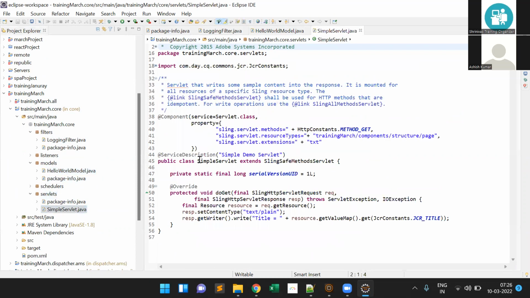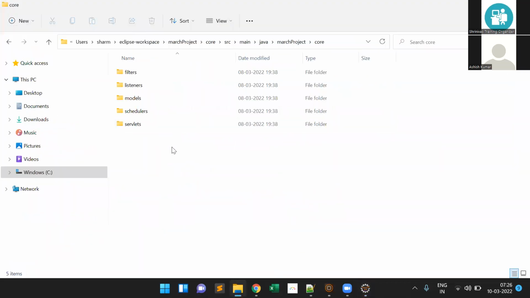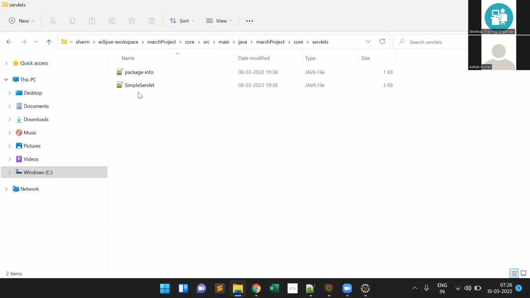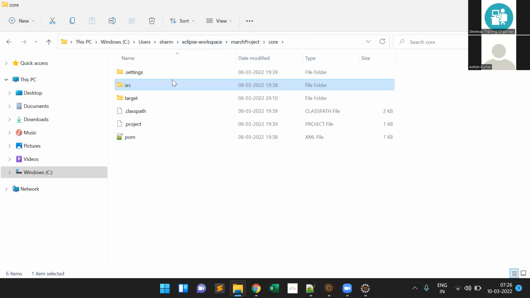This is all Java files. So core is the place which will contain only Java code for you. Okay, all these contain Java files. And once you move out and go to the parent directory of core, you'll realize there is one more